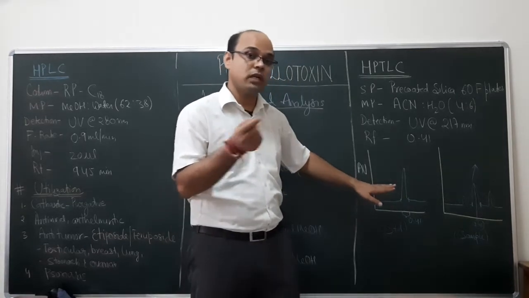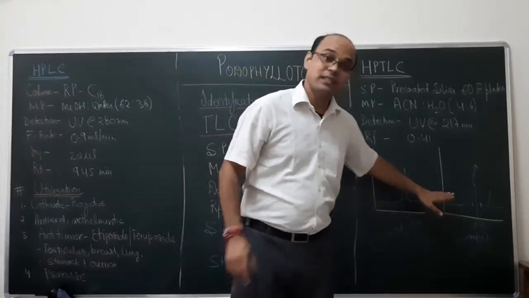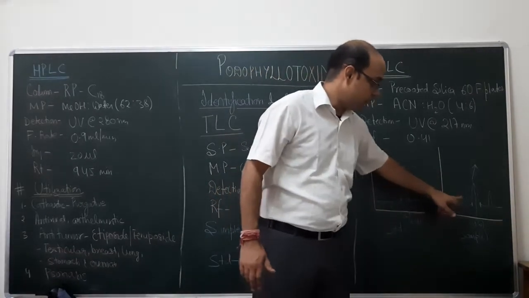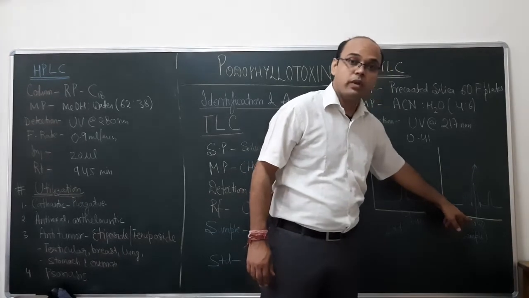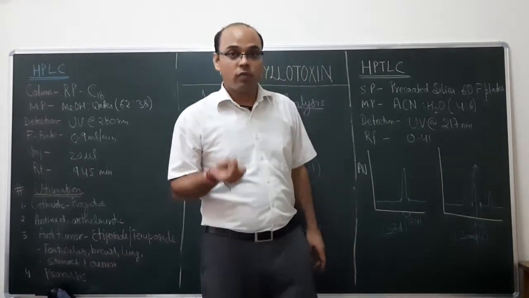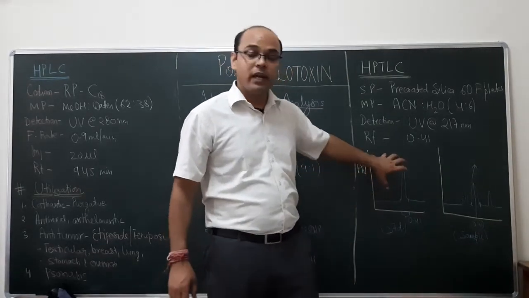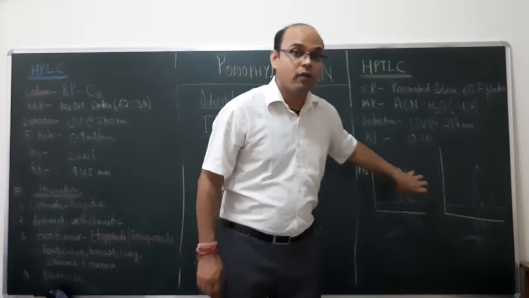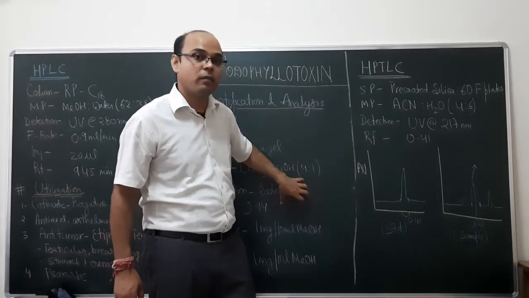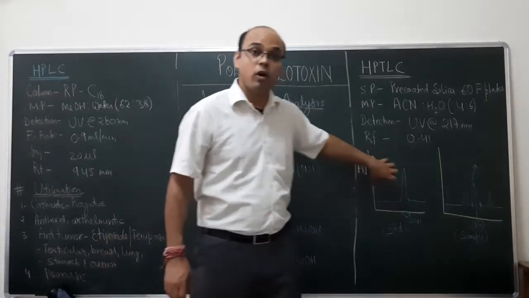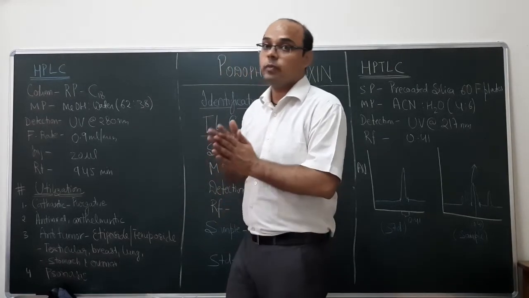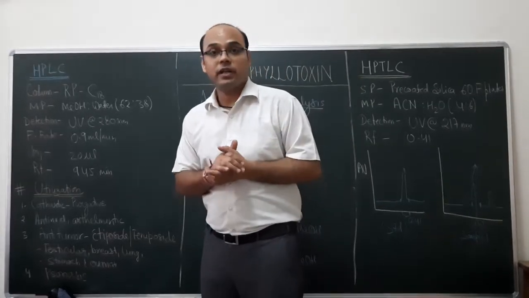Similarly, if you observe the sample of the drug where you have to detect podophyllotoxin, you will see various peaks, and at 0.41 you can also observe a peak which corresponds to the concentration of podophyllotoxin. So this is a qualitative as well as a quantitative technique, whereas TLC is only a qualitative technique. It can only identify whether the compound is present or not, but this can also quantify the concentration of the compound. Next we have another instrument called high pressure liquid chromatography.